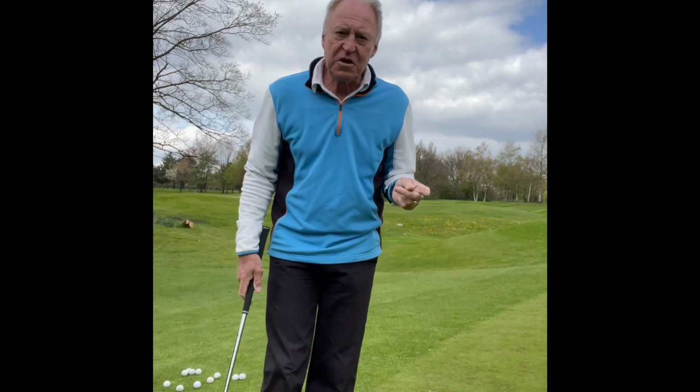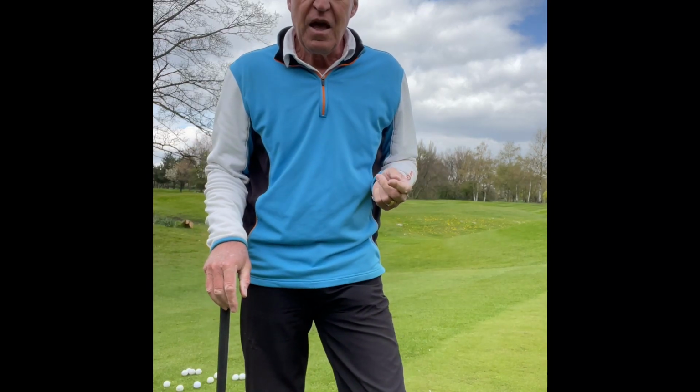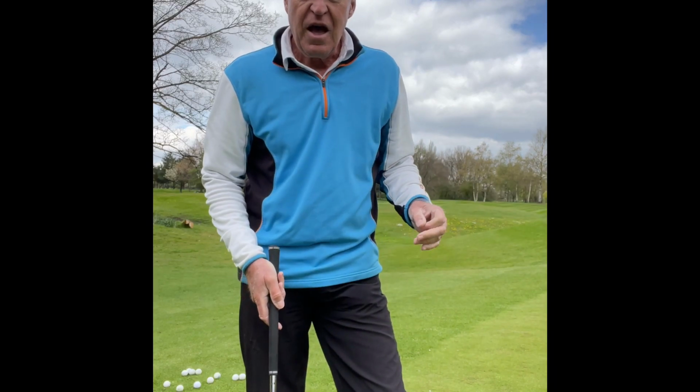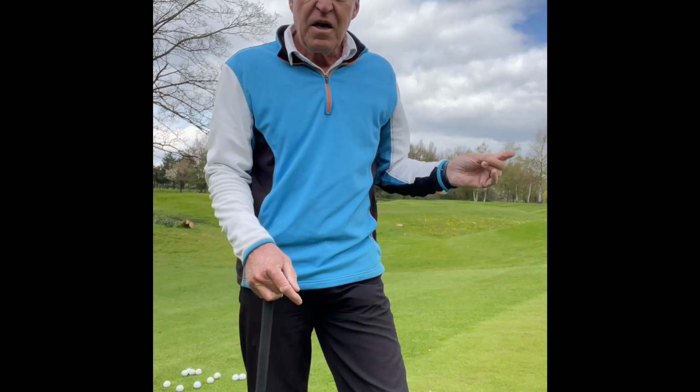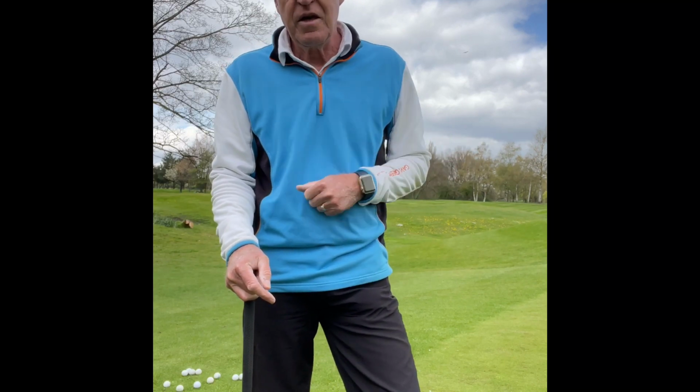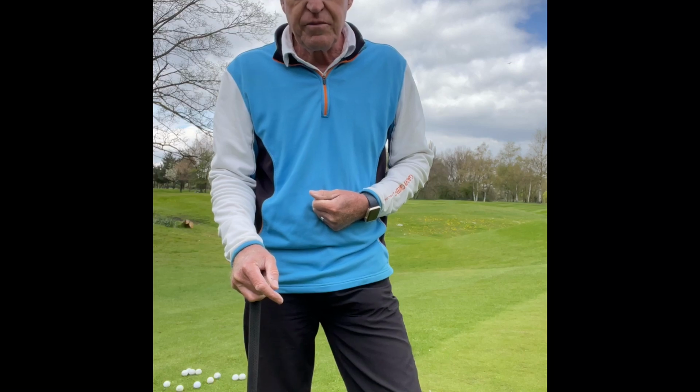And I'm really pleased with those 3 I've just hit. I try not to be flicky on them, which doesn't always happen. I've ended up with 3 good results there. So I'm going to carry on chipping, use my tube of 20 balls up, and then I'm off to the